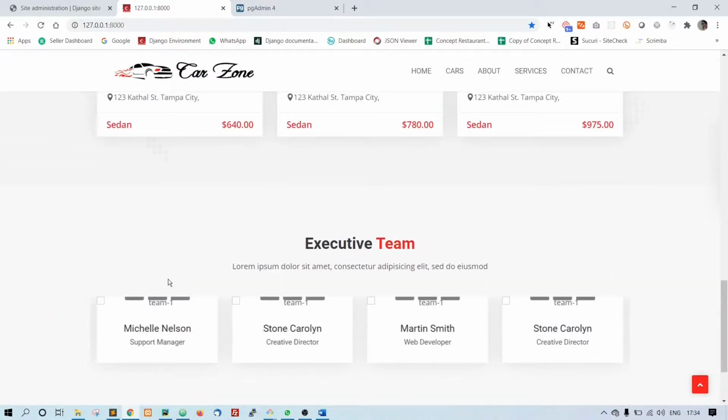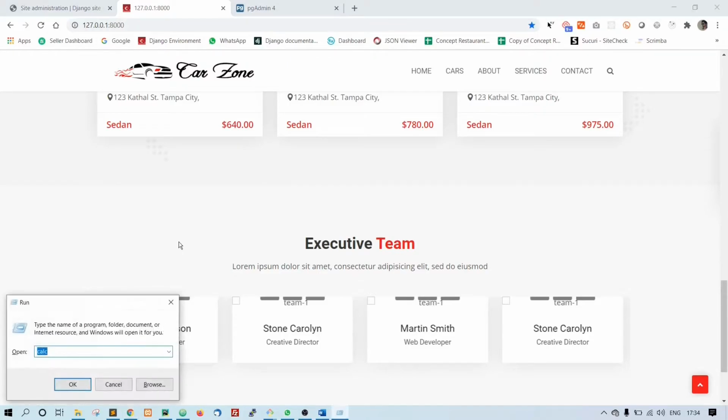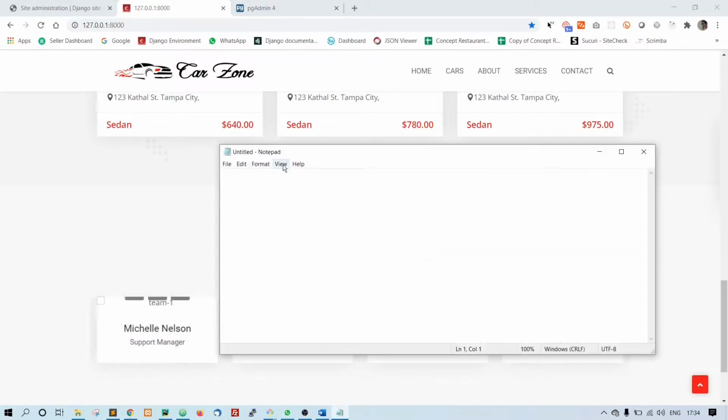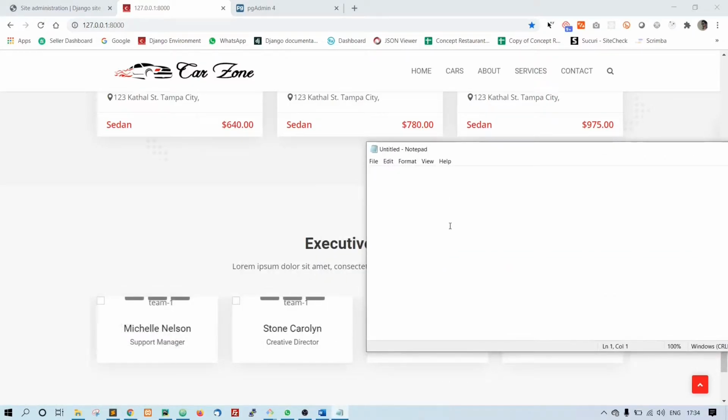First thing is we need an image. Let's open Notepad. We need a photo, and we need the name. Maybe let's do it as first name, last name, and the designation. We need a Facebook link.